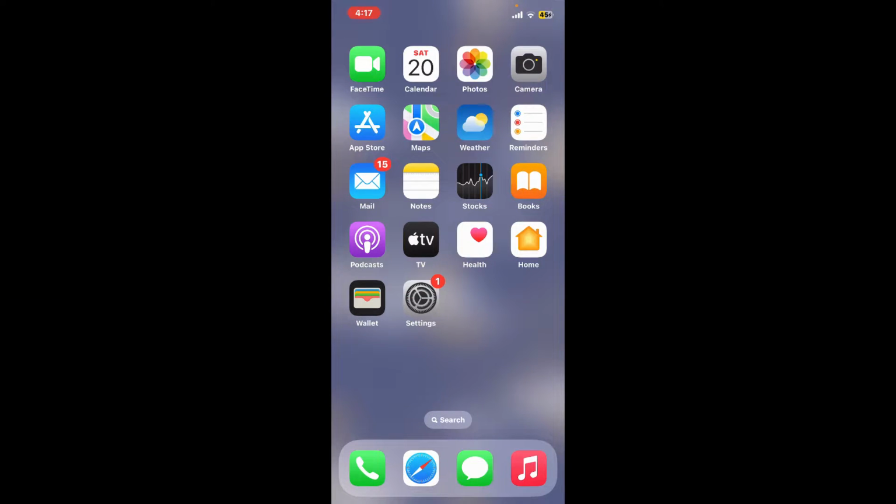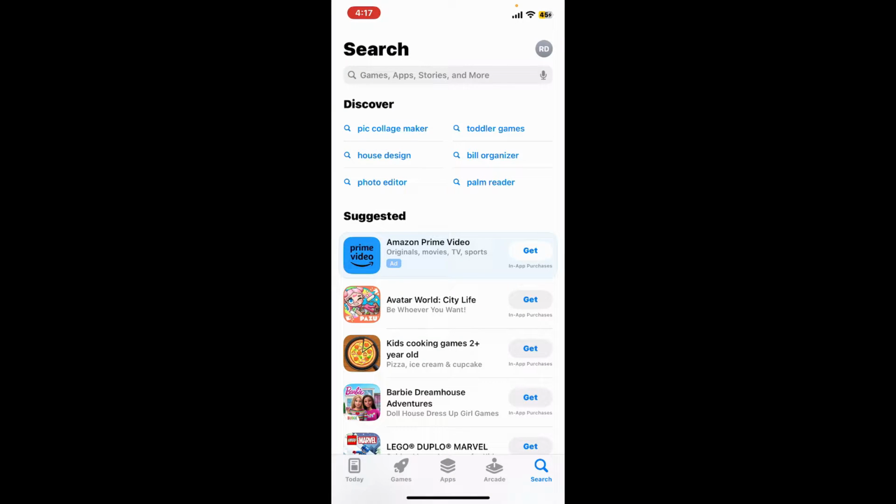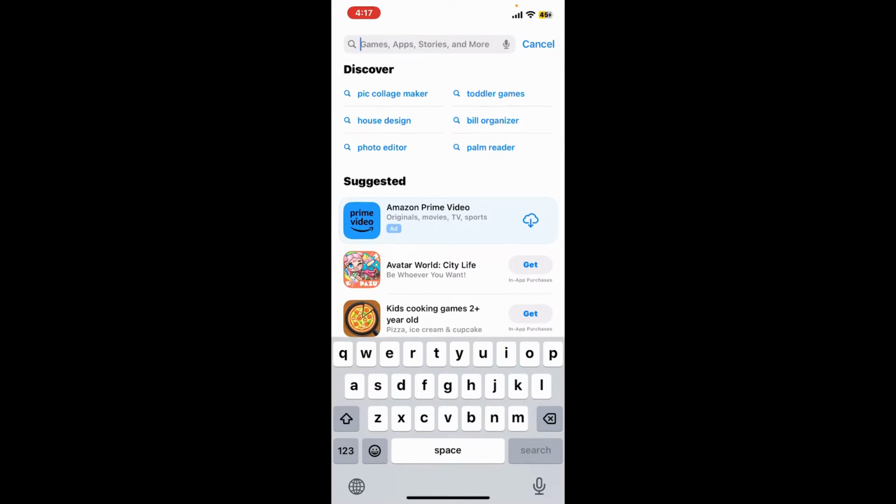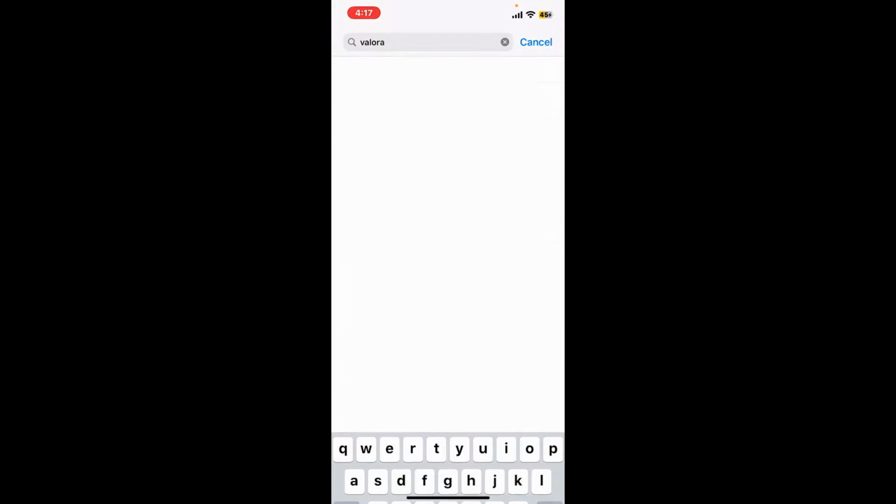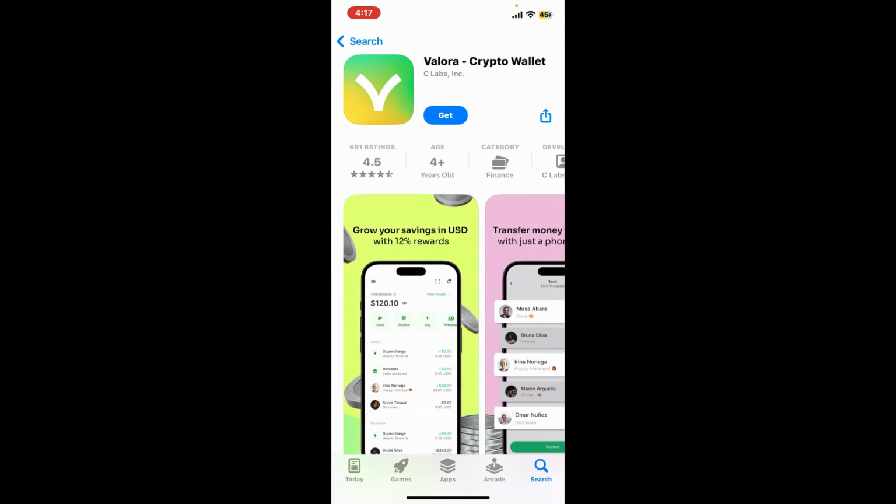First of all, open your App Store. Go to the search box at the top and type in Valora wallet, Valora, and search. Look for this application that says Valora crypto wallet and tap on the Get button to begin downloading the app